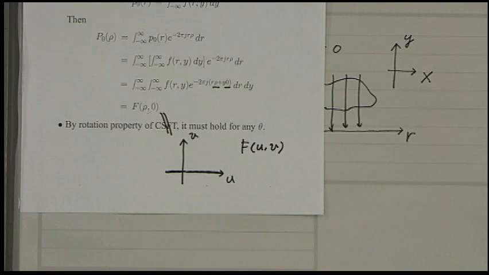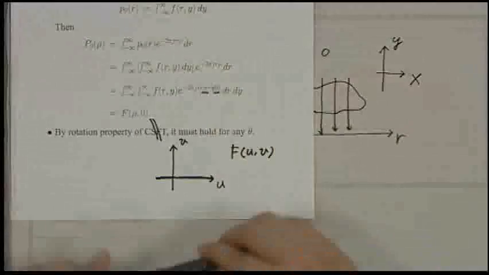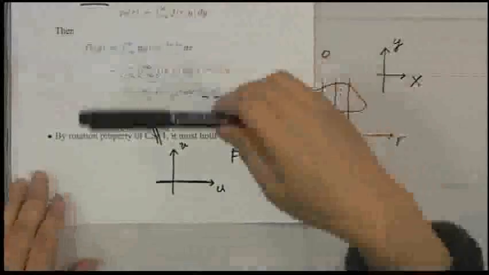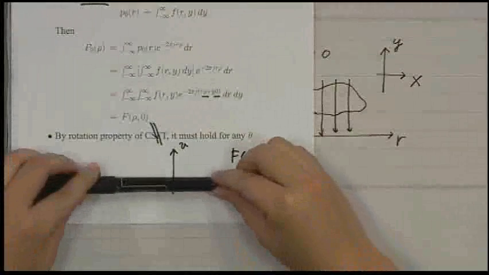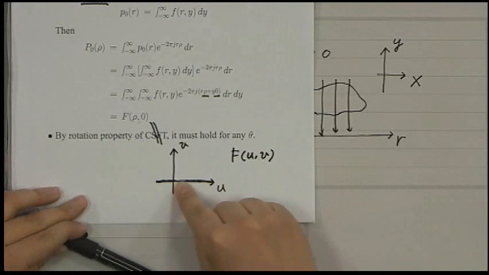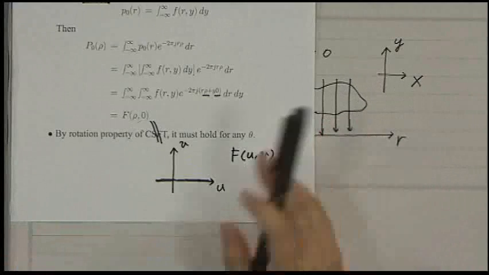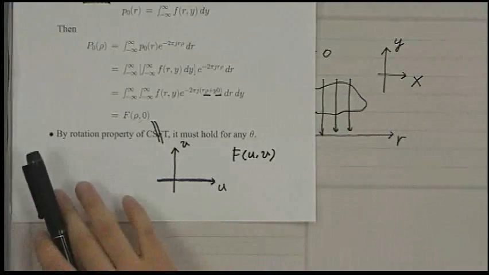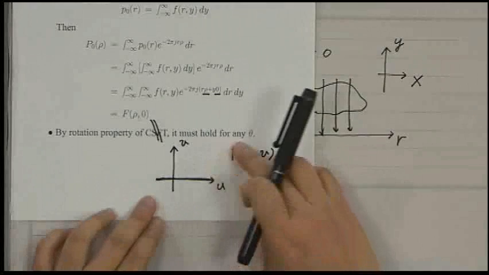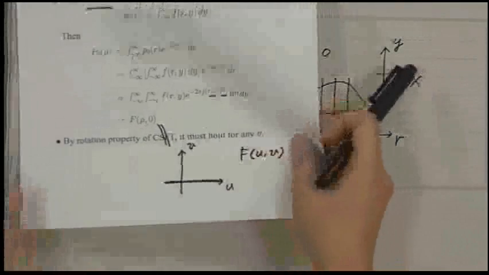So what we did is that we just proved one of the cases, theta equals 0. If we take a projection at theta equals 0 and then take the Fourier transform, it matches the value on the line over here. Okay, then we proved one of the cases. Then by the rotation property of the Fourier transform, it must hold for any theta. What does it mean? This means